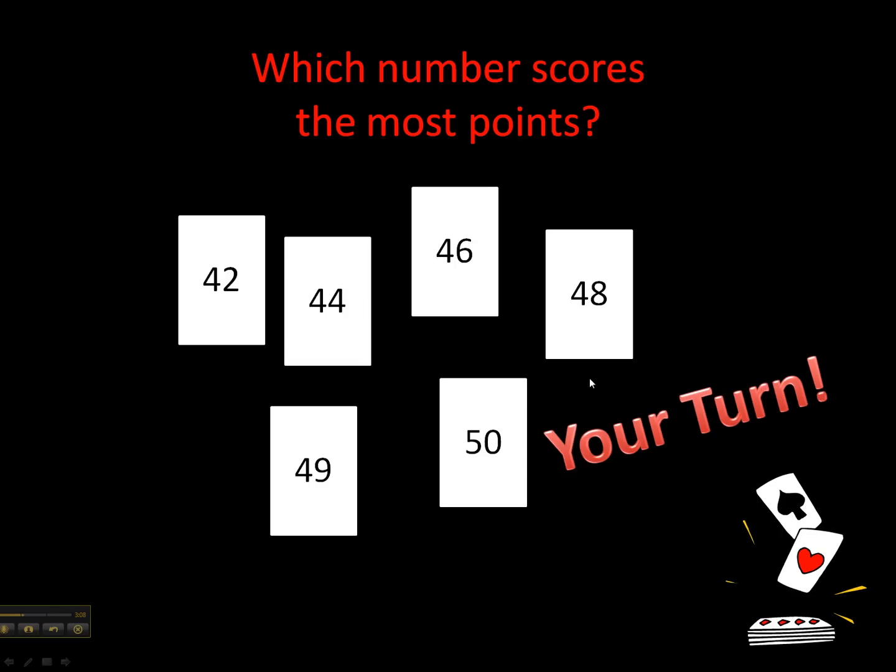It's your turn. I would like you to take each of these 6 cards, and I'd like you to divide them down to their prime numbers, just like we did in Leah and Daniel's example, although I'll let you choose whether you like to use Leah's example or Daniel's way of doing things. So you can either do a factor tree or you can do division. We've got 42, 44, 46, 48, 49, and 50, and I want you to find out which one scores the